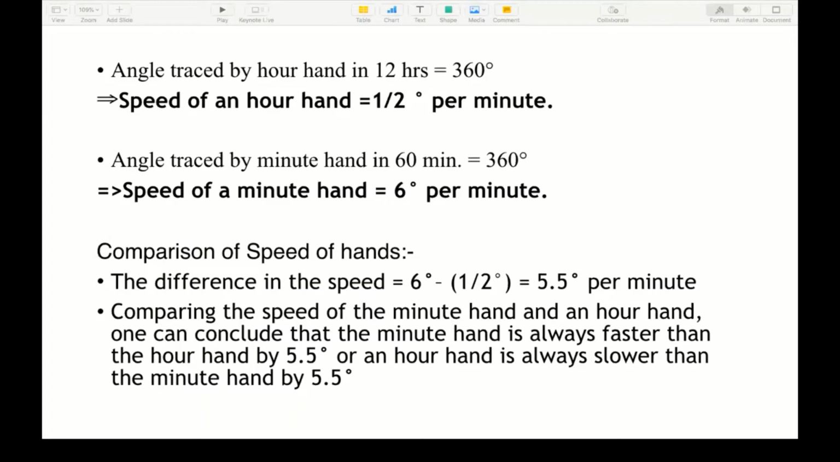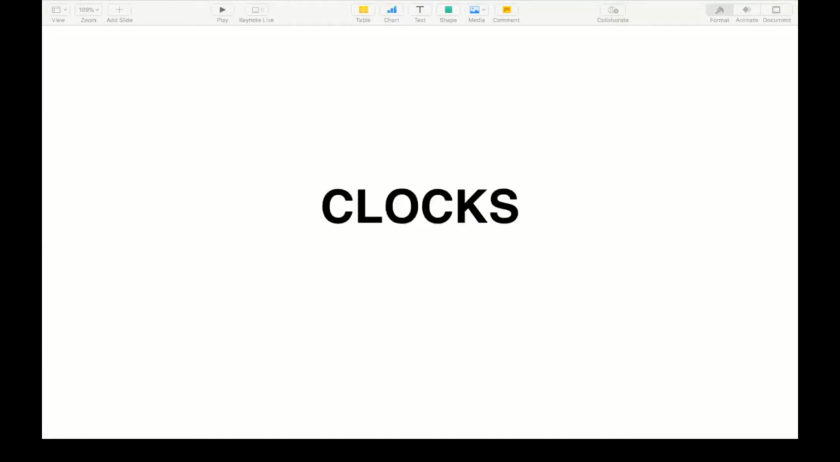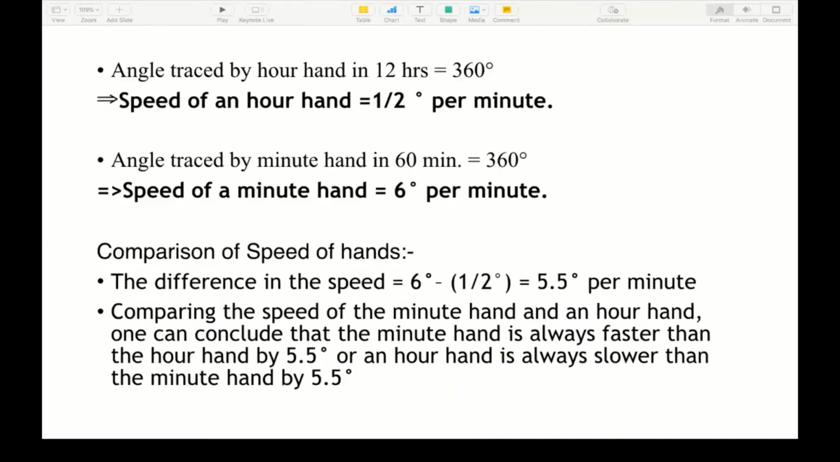We take the reference point in that watch as 12 o'clock. Okay, the reference point is 12 o'clock. So the hour hand comes back to its original position, to the reference point, exactly after 12 hours, right? The hour hand comes back to its original position after 12 hours, right? So in 12 hours, if you complete,